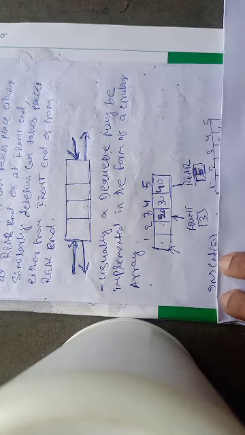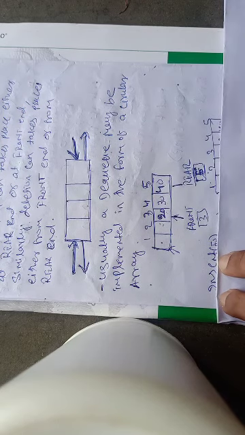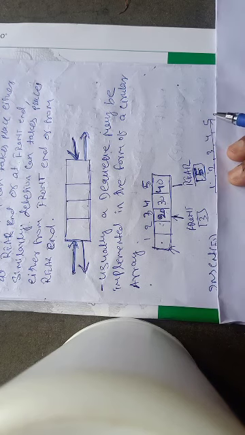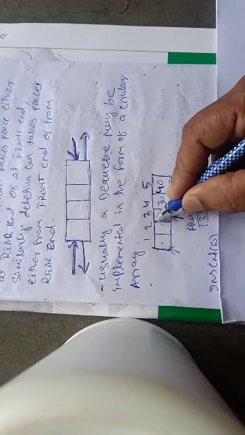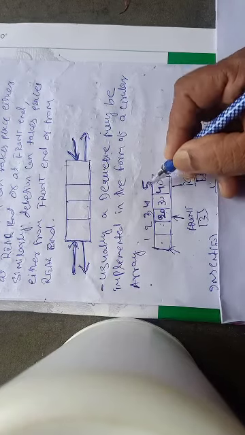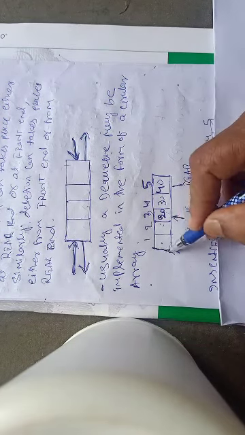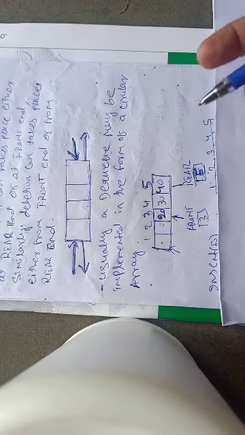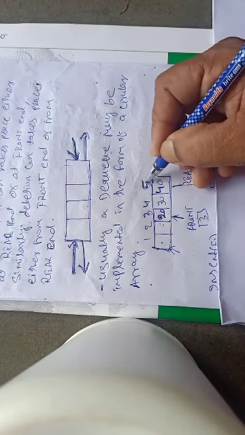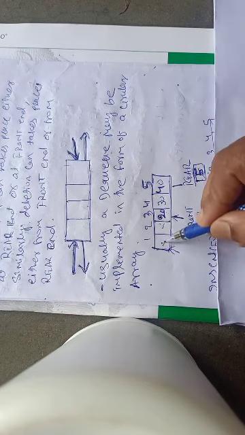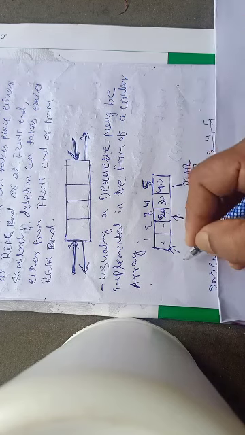Now if I say it is a normal queue, then at this moment further insertion is not possible. Now if you want to insert a new data, if you want to insert a new element, then my algorithm will show that rear is equals to max. So my algorithm will tell it is an overflow condition. But if the same array or the same queue, I will treat it as a circular queue, then what happens? If at all rear is 5 and I realize that there are 2 spaces left vacant in the beginning, then I can set rear to 1 and I can insert here.